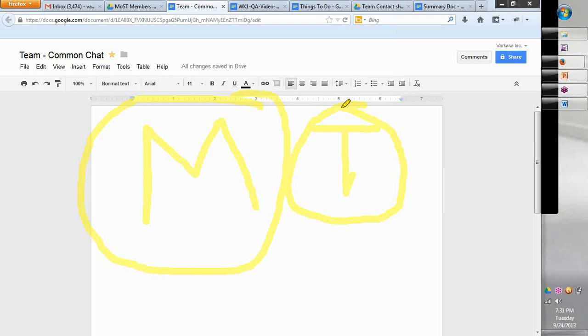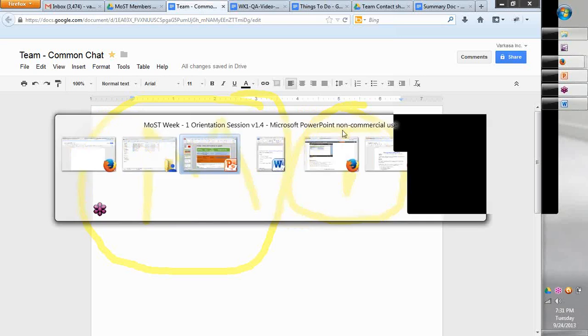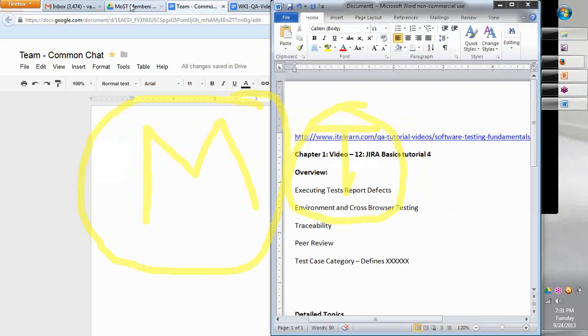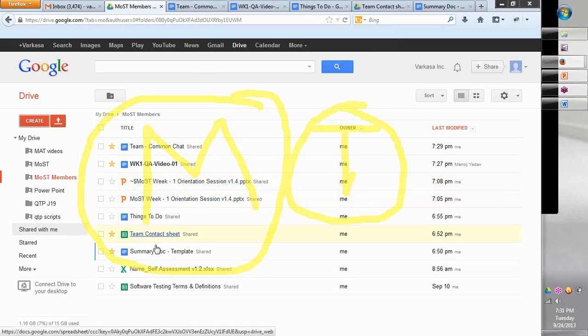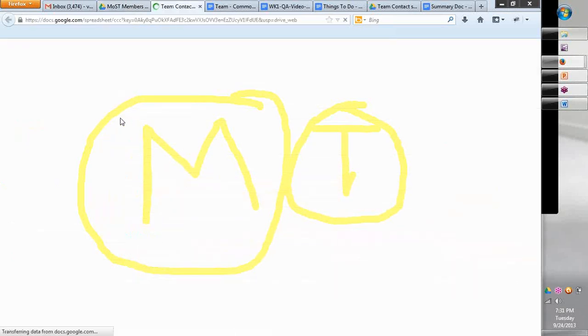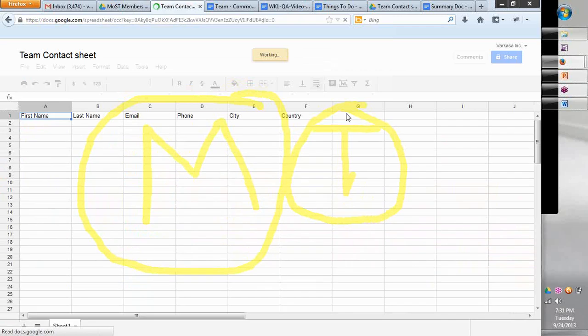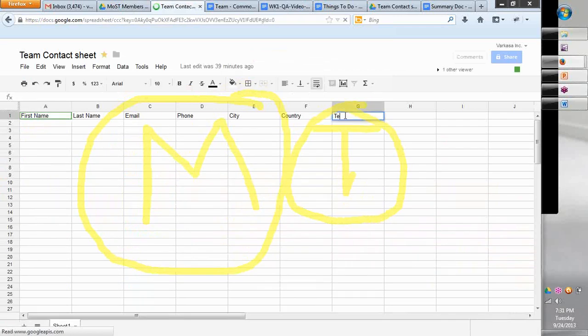Once the team sheet comes out, I will also be putting what team they belong to, and each of you will be interacting with others.